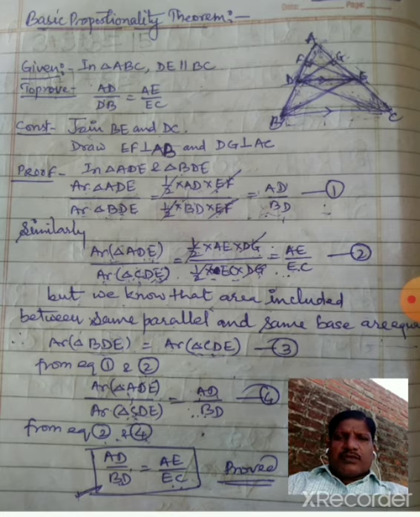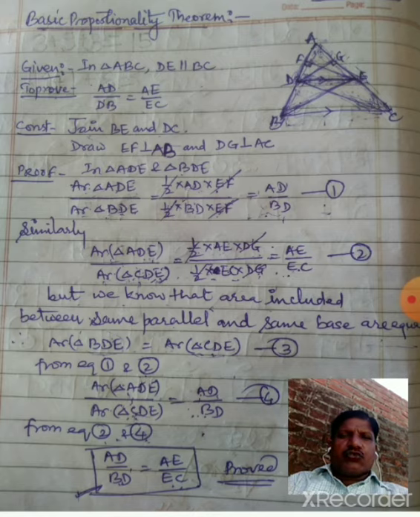To prove this theorem, we have to make some construction. So join BE and DC and draw EF perpendicular to AB and DG perpendicular to AC. Now I am coming to the proof. In triangle ADE and triangle BDE,